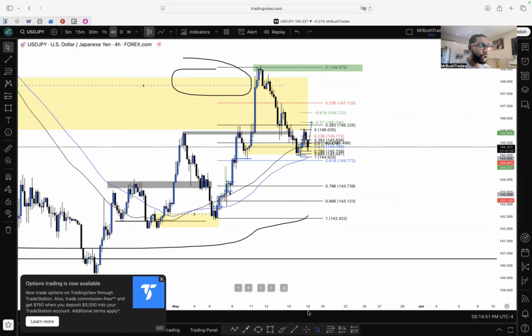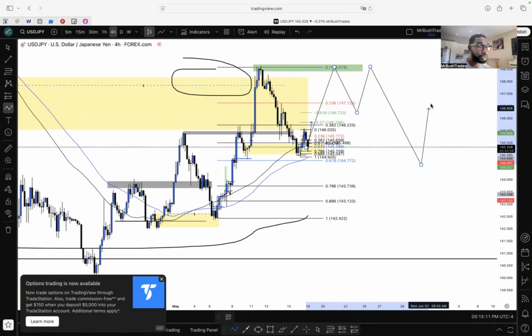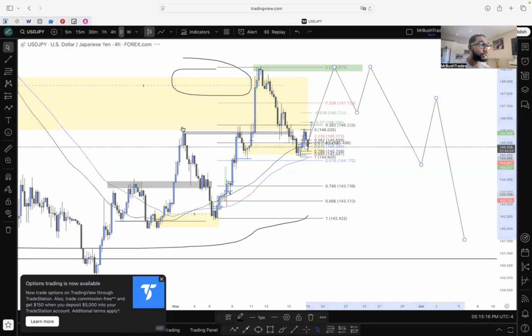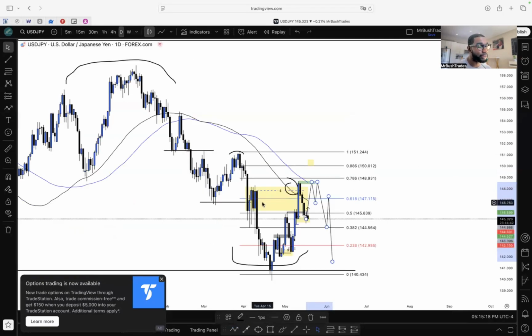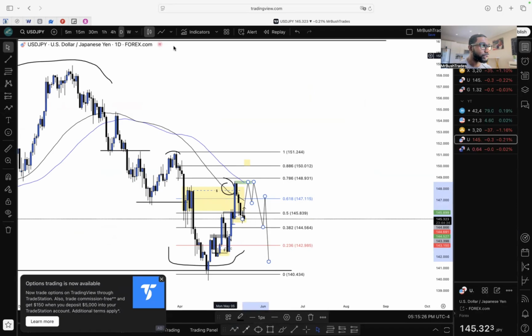So we don't know if price wants to create a support here, a high low point to push price higher to create a double top, or to even create some kind of higher low point here to then test this, to then break of a support, which will break this to then create a higher low point, a low high to then continue bearish, because the main trend is bearish on the daily, right? So we just gotta wait to see what price really wants to do, and we can engage it with that,